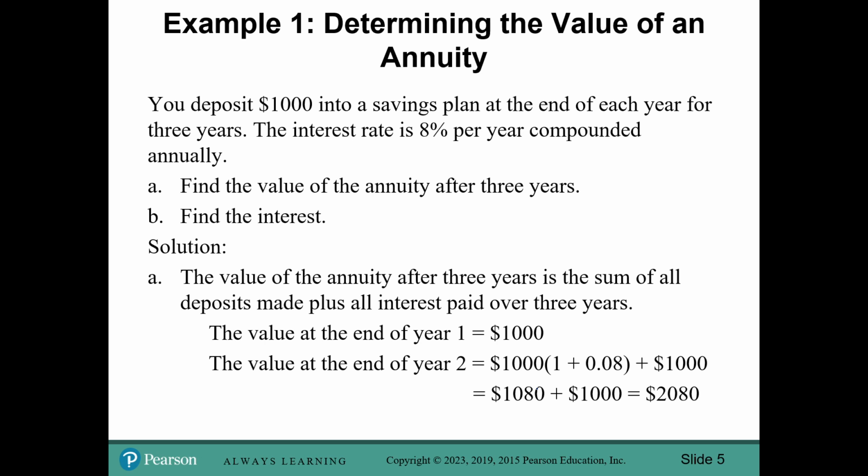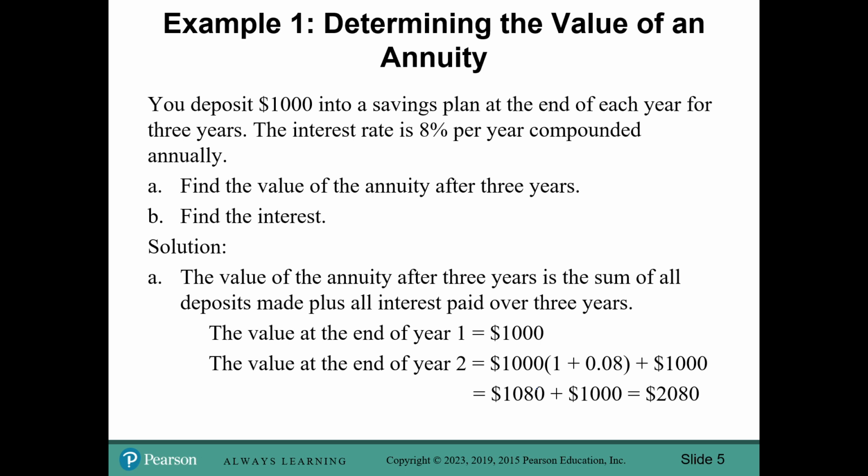For part A, the value of the annuity after 3 years is the sum of all deposits made plus all interest paid over 3 years. So let's break it down year by year. The value at the end of year 1 is $1,000. The value at the end of year 2 will be the $1,000 times 1 plus 8%, plus the initial $1,000 from that year 1. So the value at the end of year 2 will be